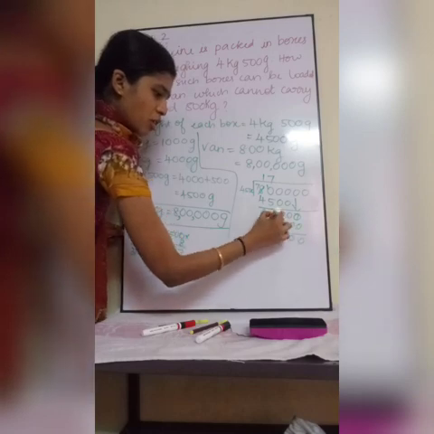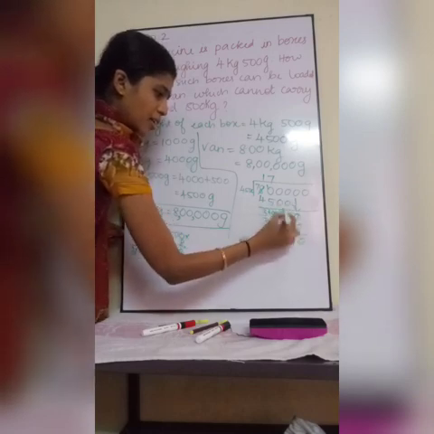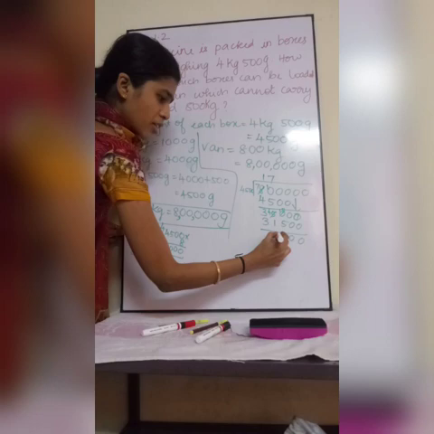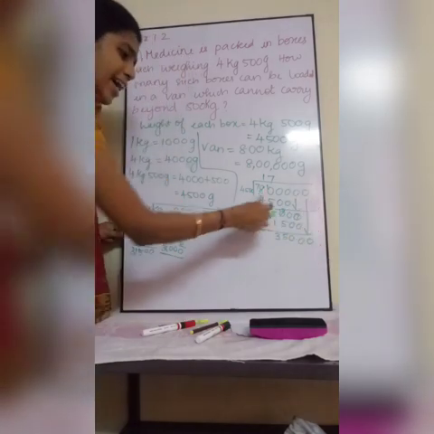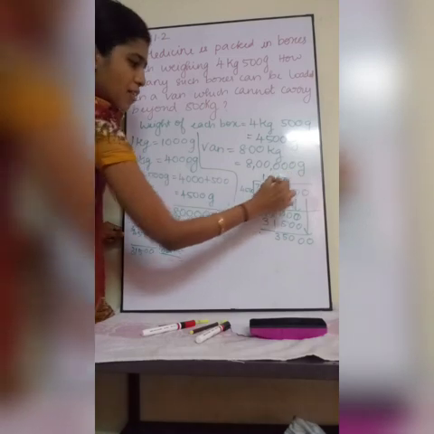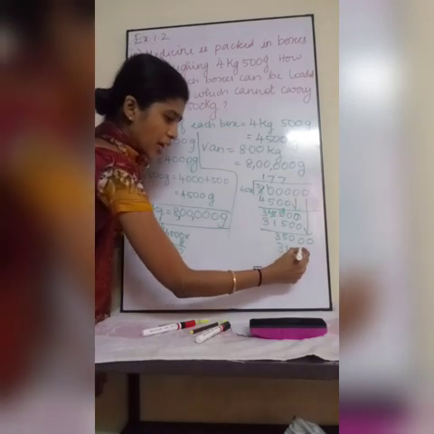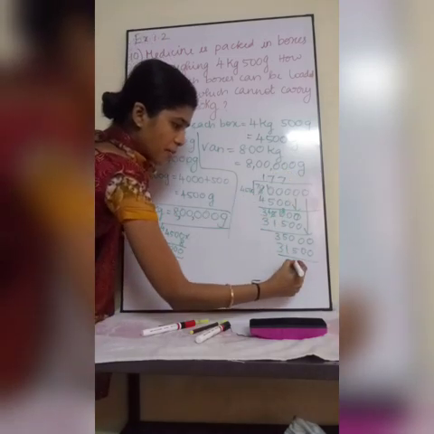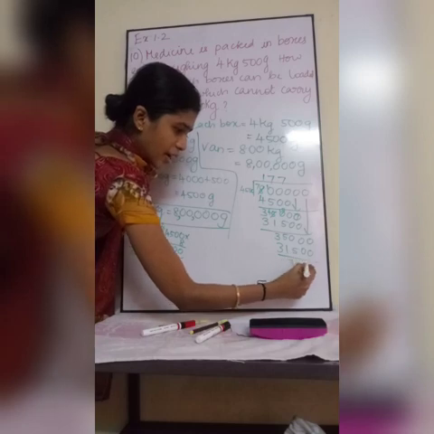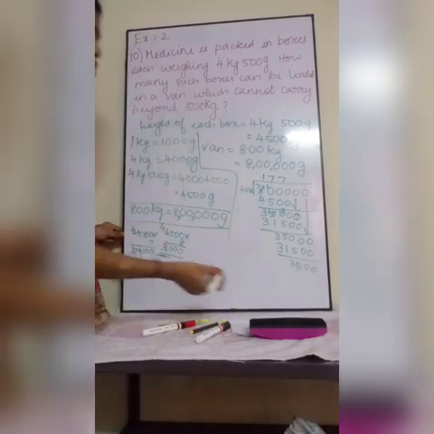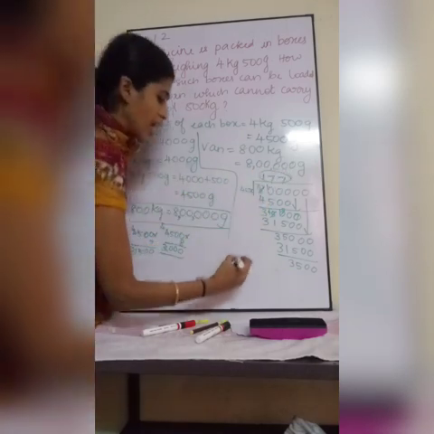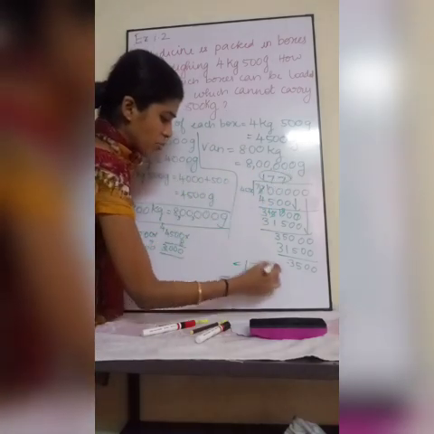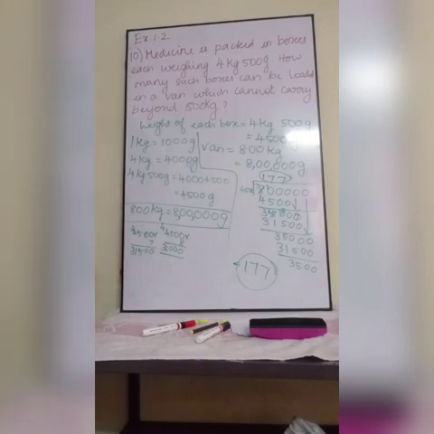Now I am going to subtract it again. 4 becomes 10, 10 minus 5 is 5, 3. Next I am bringing this down 0. Again this is 35,000, so can we put 7? 31,500, so it will become 3500 again. So this is how it will go. How many boxes can be accommodated in that van? 177 boxes you can keep inside that van.